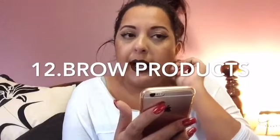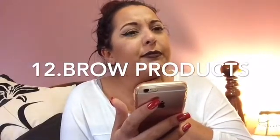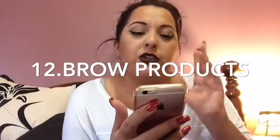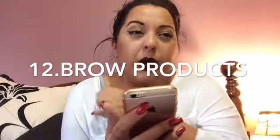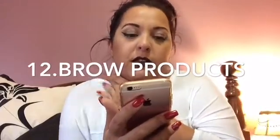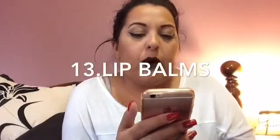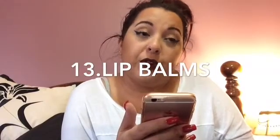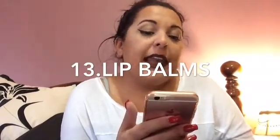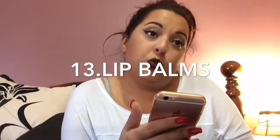So category 13 is lip balms. Now, I was at 35 lip balms in January. In June, I was at 30, so I went down 5. And now, I am currently at 22. So, that's pretty good. 35 to 25 is 10. 24, 23, 20. So, I went down about 13 lip balms, which is not hard for me to do